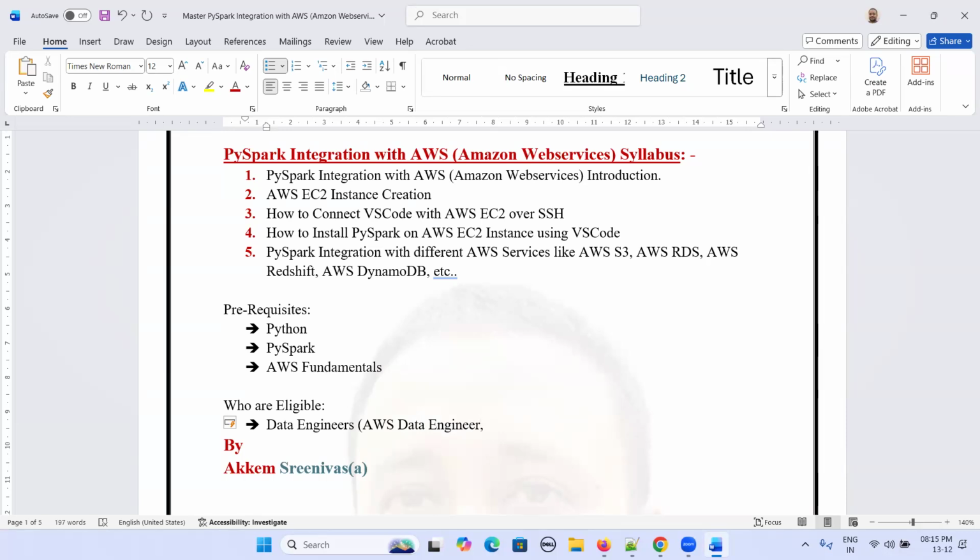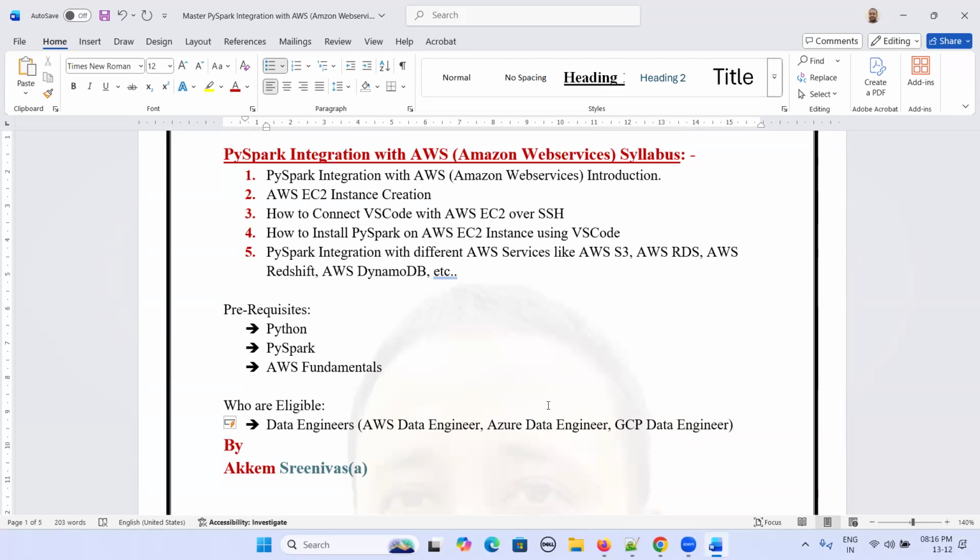This knowledge will help other data engineers, like Azure data engineers and GCP data engineers. This knowledge will help them understand how pure PySpark can be used to integrate with AWS